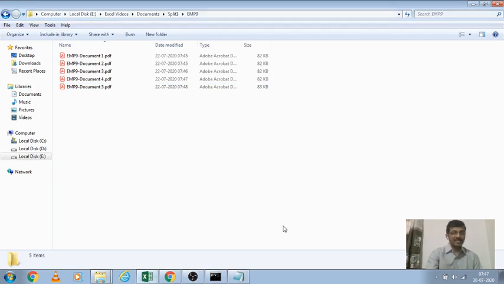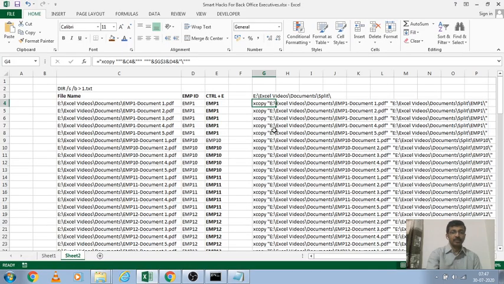You may change this XCOPY code by replacing the emp1 hyphen and the document 1 with a star symbol so that all these 5 can be copied at a time. Just try at your end.